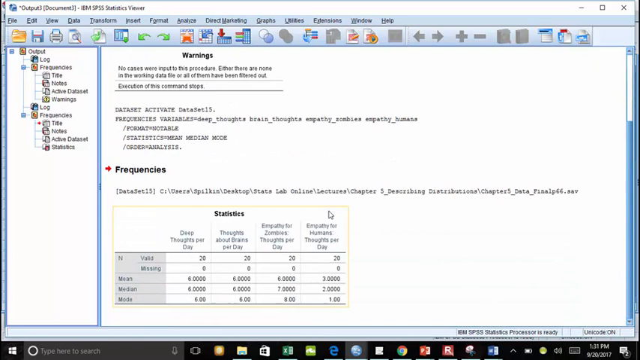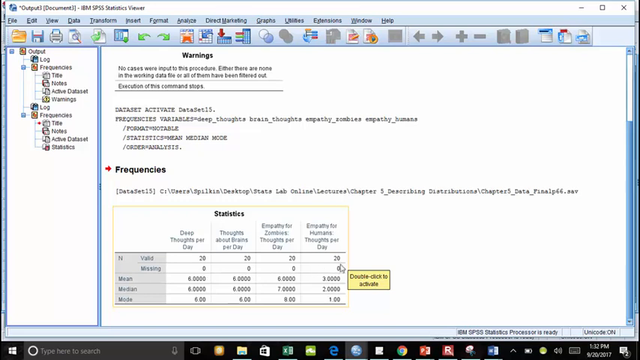And here we go. We have our output table. Here are 4 variables: deep thoughts per day, thoughts about brains per day, empathy for zombies thoughts per day, empathy for humans thought per day. It gives us our N. We have 20 participants in each, for each variable. We have no missing data. Remember, if there was missing data, then there would be maybe 19 here and 1 here if someone didn't answer